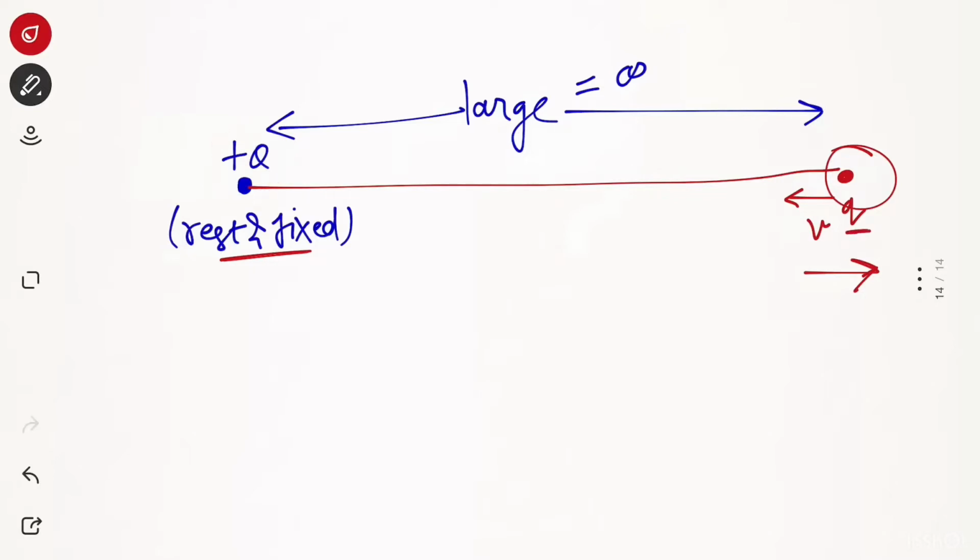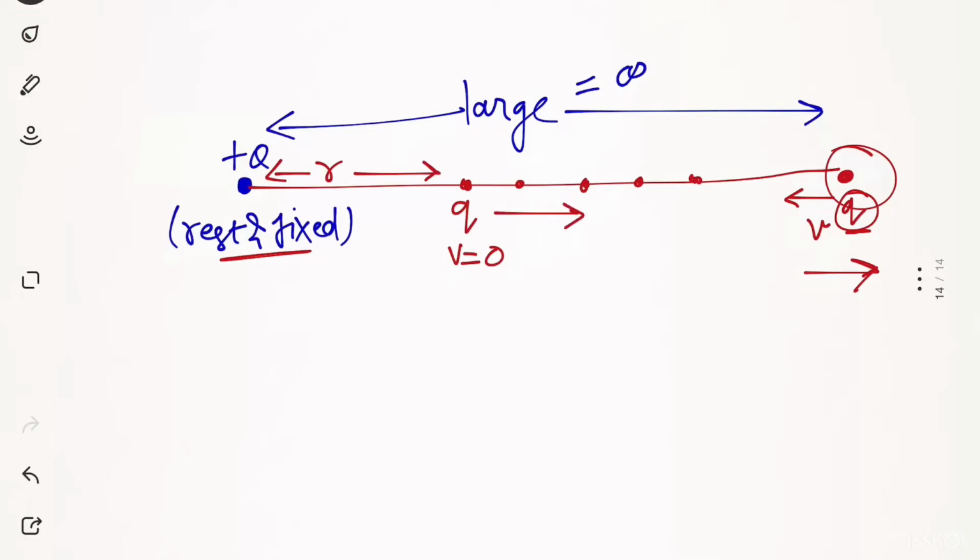However, it is being fixed here, so we will only talk about the forces that are experienced by this small q charge. Now because of this force, the velocity of this small charge q will start to decrease and it will slow down at a distance which is given as r. In the question it is given that at some particular distance the small charge q will stop, and here we'll see that the speed of the charged particle will be 0 because of the repulsion, and after that this charged particle will start to move again in the right hand side.